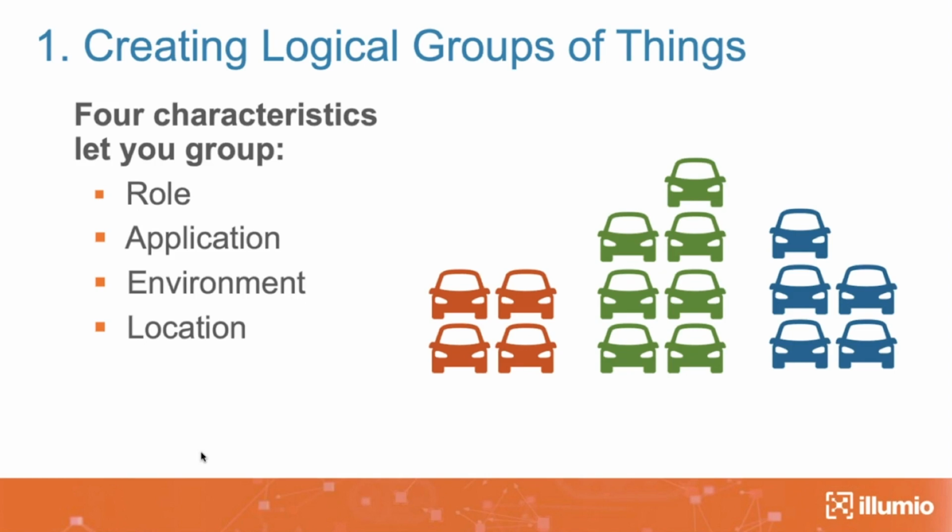The third dimension is the environment. So you are a web server for a CRM application. Is it in development or is it in production? Is it in staging? Is it a regulated environment, non-regulated environment? And then last but not the least is a location. You could be an application server for an HR application in a staging environment in California or New York or my AWS environment, wherever it might be.